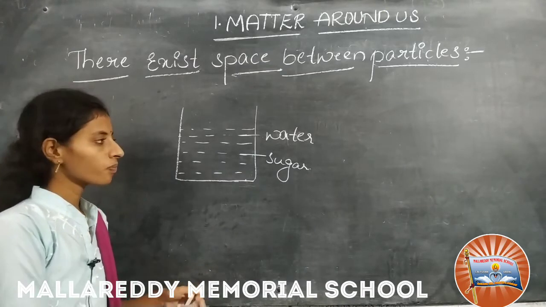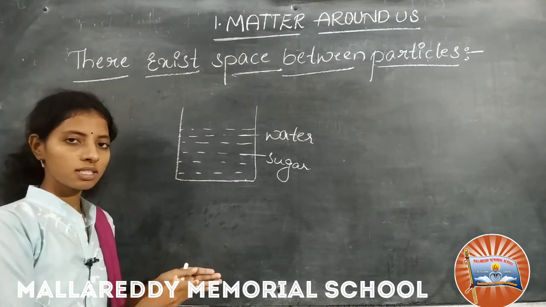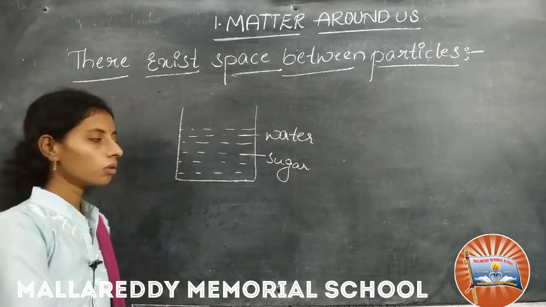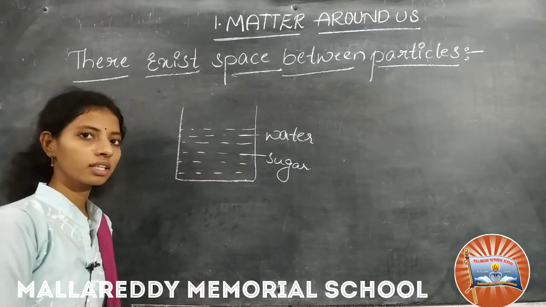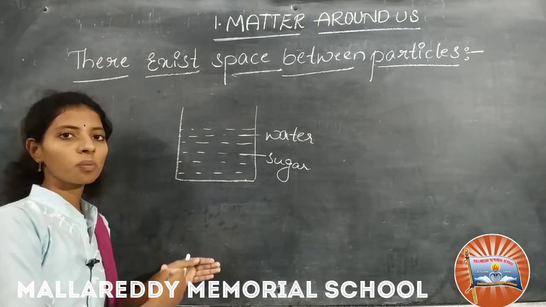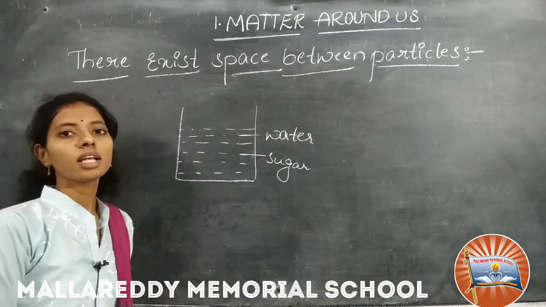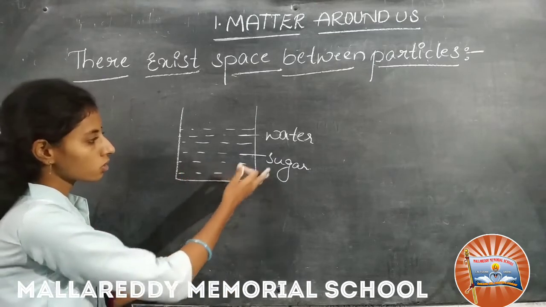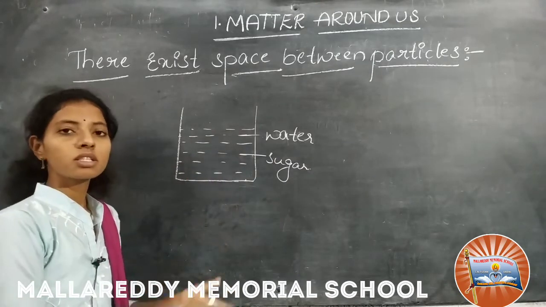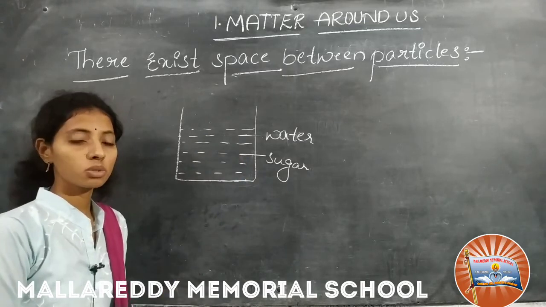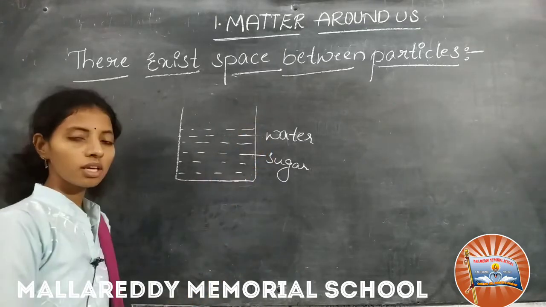See here, liquids have some space between their particles. The crystals we are adding here are in solid state. So those crystals occupy the space between the liquid particles. That's why the solid is evenly dissolved in this solution, and that's why the volume remains the same.